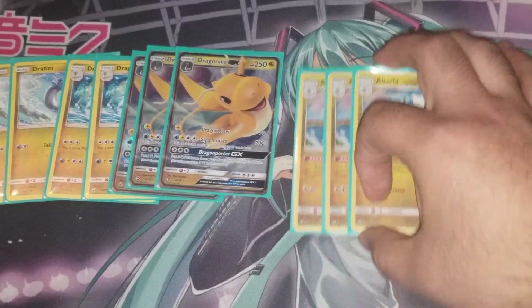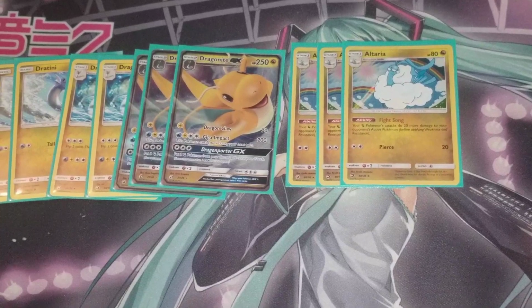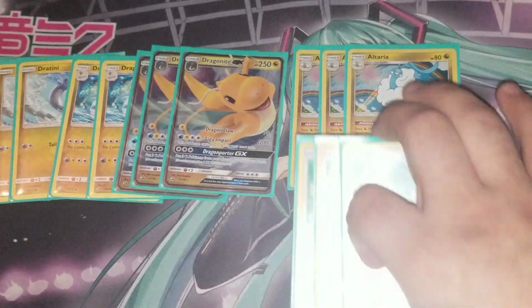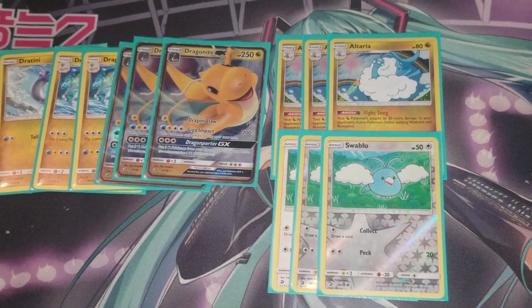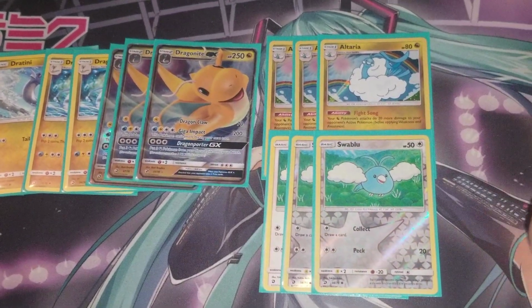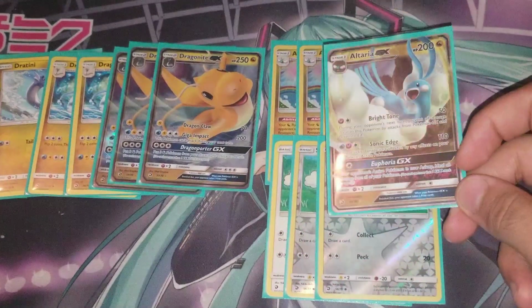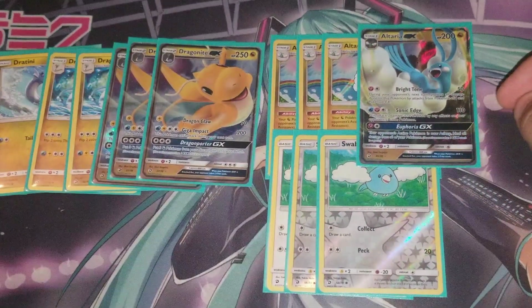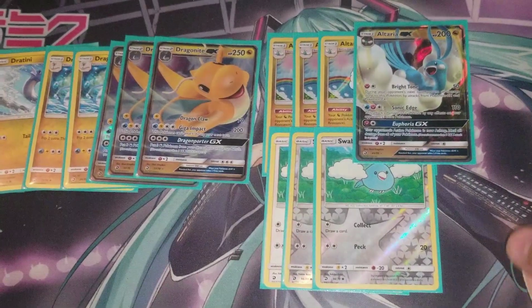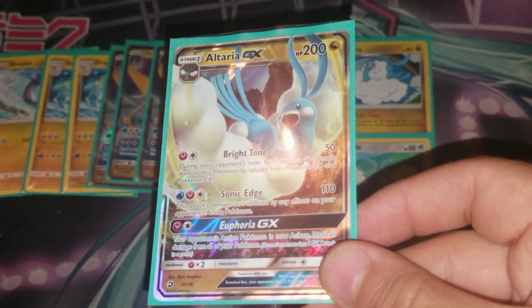So you're playing three, and of course you're doing three Swablus as well. And since Swablu is a normal type, you cannot switch it out with Mysterious Treasures. And also as a one tech, I'm playing the one Altaria GX as well. Just because of Bright Tone, it does 50 damage. You have two Altarias out,